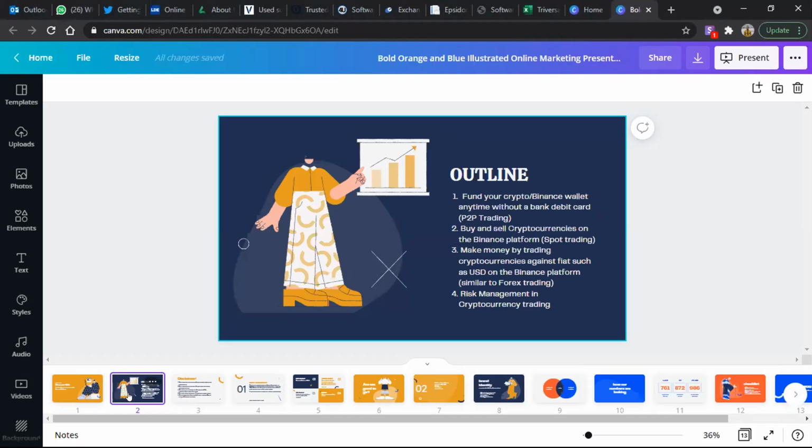But there's always been P2P trading. P2P trading has existed even before banks got involved. And based on the way the Binance app is, many other exchange platforms and crypto wallets have also adopted this method of P2P. But it seems so many people are finding it hard to navigate their way through the P2P system. So I'm going to explain how to fund your wallet. If you understand it on Binance, it's almost the same thing when you're using Bundle to fund your Bundle wallet and mostly every other wallet out there. So I'm going to explain that, that's P2P trade.